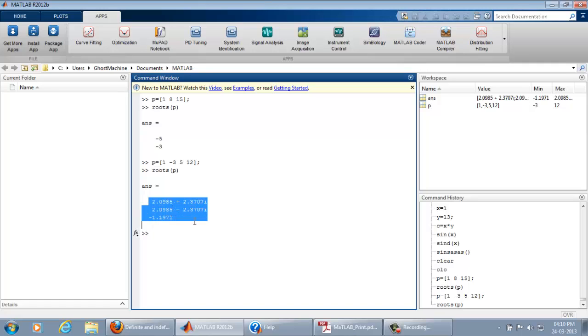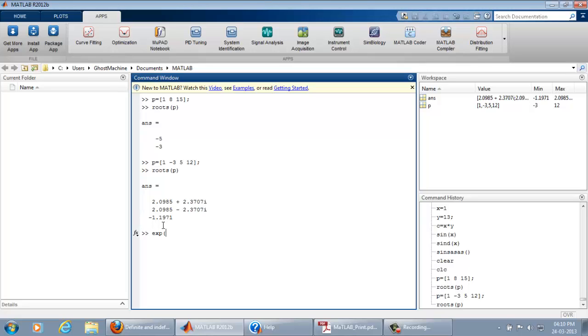As you can see, these roots are not real numbers. This one is an imaginary quantity, 2.370i. This is a complex number, this is another complex number, this is a real number. So almost any kind of polynomial can be solved very quickly.